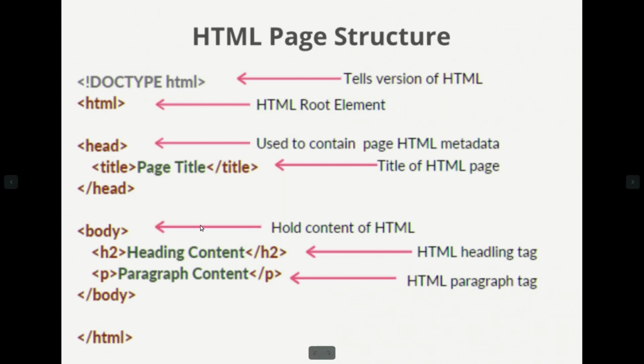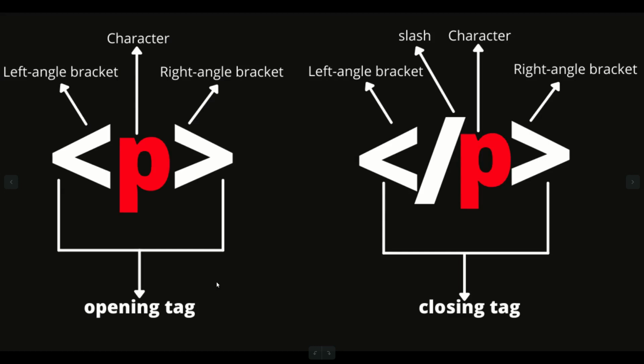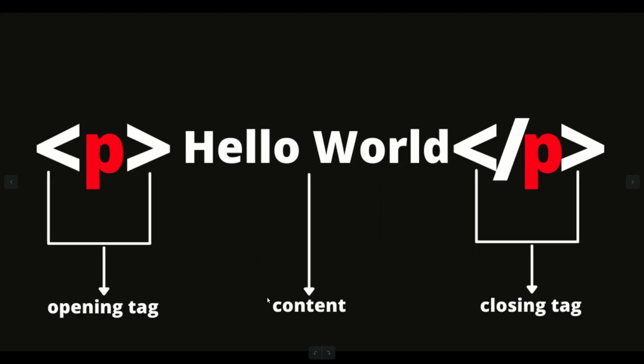So as you refer to this documentation, here we have used this p tag. Here we have this opening p tag and here we have this closing p tag, right? And within this p tag we have our content. So let's move further and understand. The text that we put in between these opening and closing tags is the content of